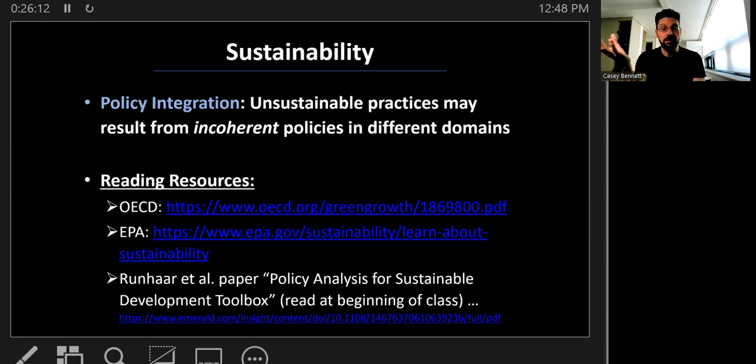Just because we do something that benefits the environment, if we cause catastrophic damage to social networks, if we disrupt human communities and people have a hard time surviving, right, then we've caused damage. We caused damage one way or the other. So we need to think about sustainability very carefully when we come up with our policy proposals. If we propose something that's not sustainable, well, then we're going to look like idiots. So let's think carefully about these topics.